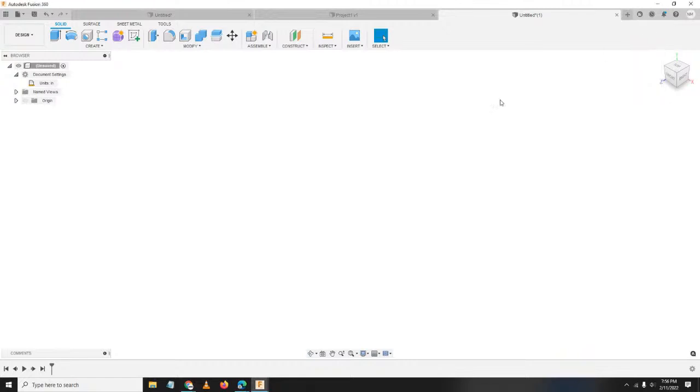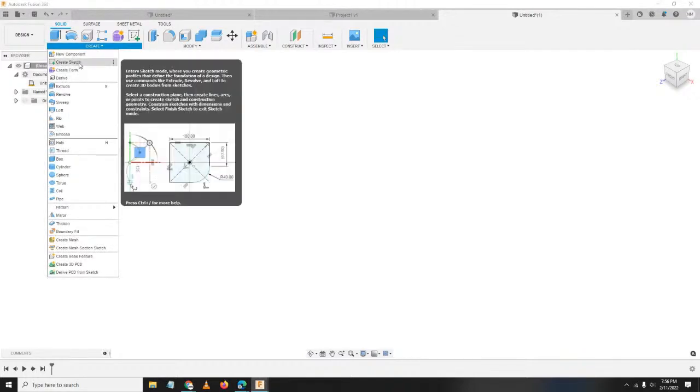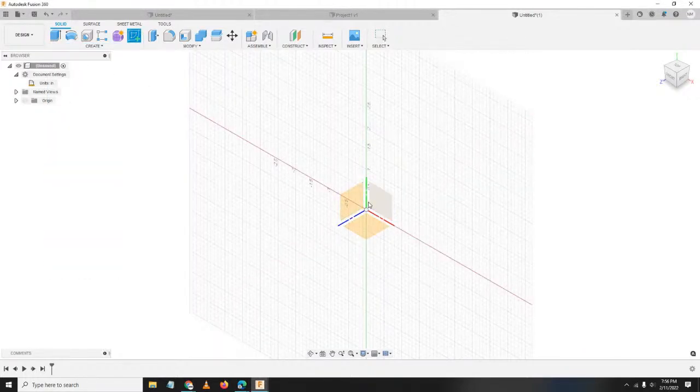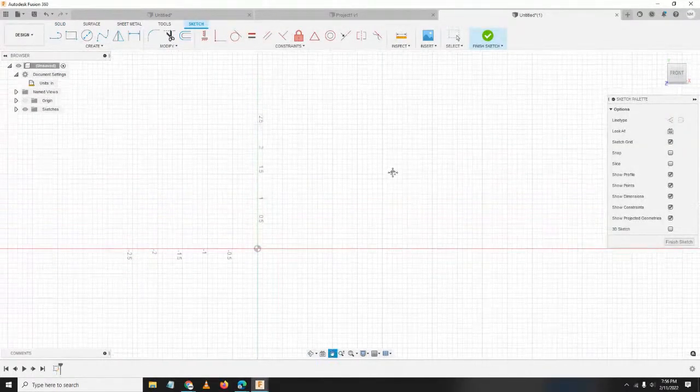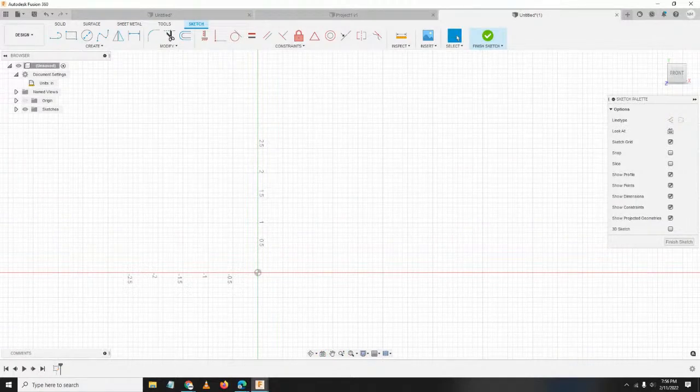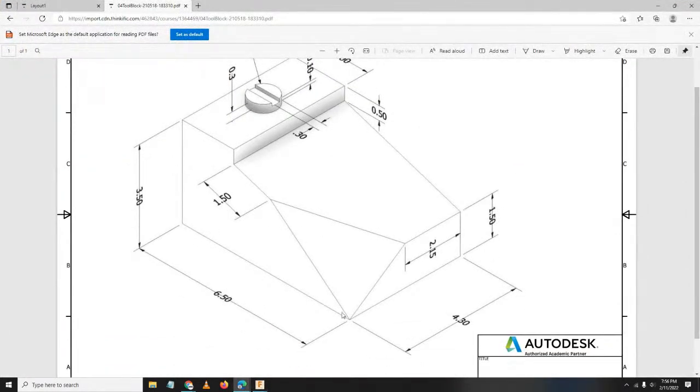May warning ako. Okay. So, punta tayo sa file. Let's select new design. Sorry. Create sketch. Dito naman tayo sa ating front. So, i-start ko siya, gagawa lang ako ng outline. Kukunin ko lang yung front view niya.